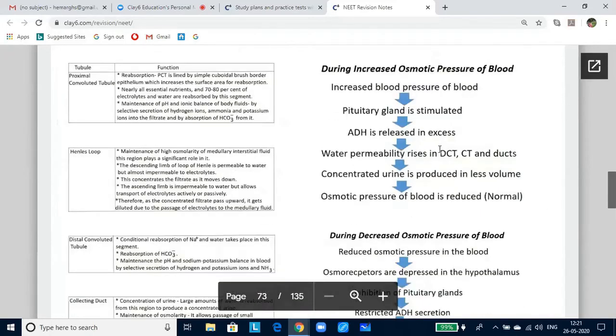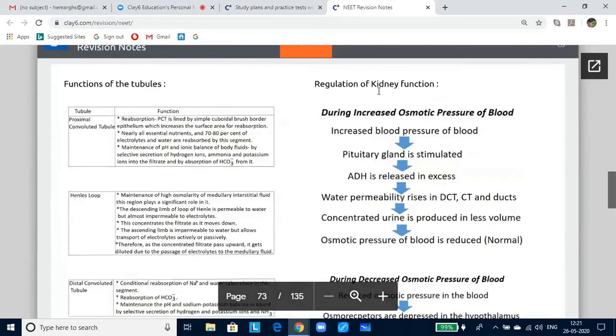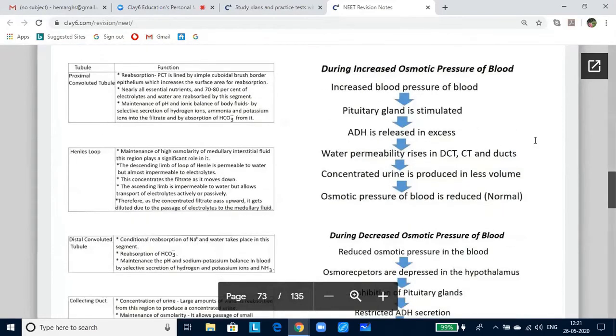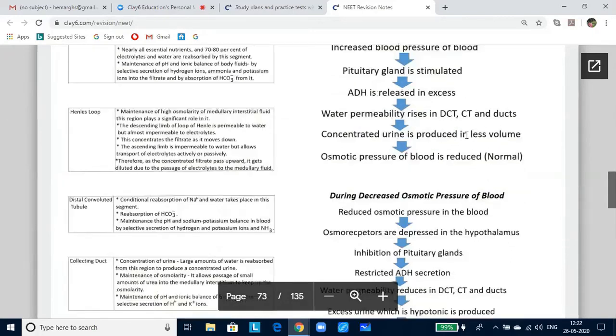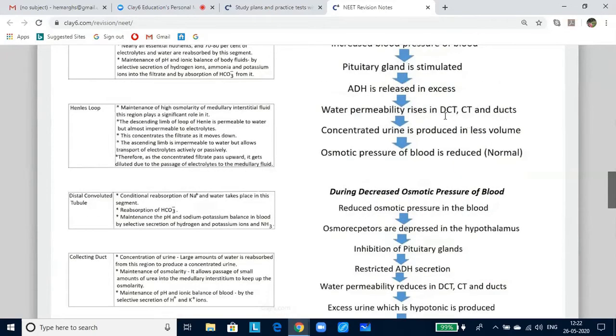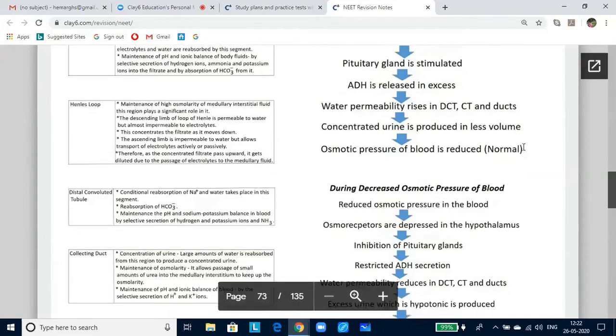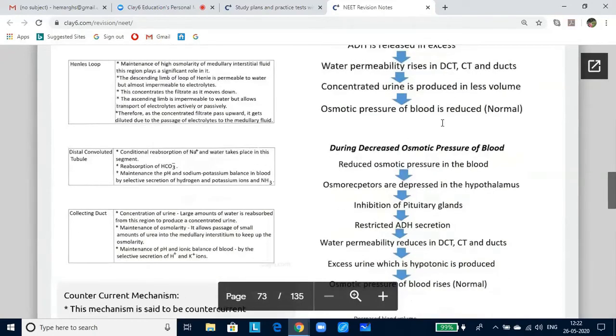Now, let us look at how osmoregulation occurs. How is the kidney function regulated? When there is an increased osmotic pressure of the blood, the pituitary gland gets stimulated. When the pituitary gland is stimulated, antidiuretic hormone or ADH is released in excess. ADH raises water permeability in the DCT and CT. Concentrated urine is produced in less volume and the osmotic pressure of the blood is reduced,